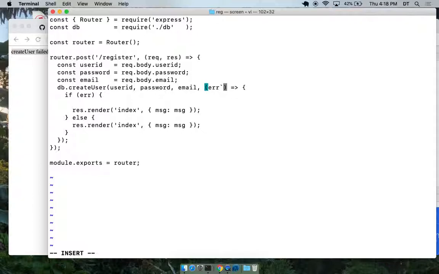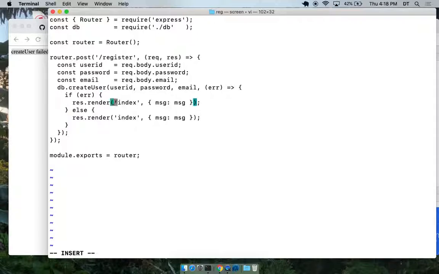So we're going to create the user, and if there's an error, I'll do it like this. Let me do it like that for now, just for now.